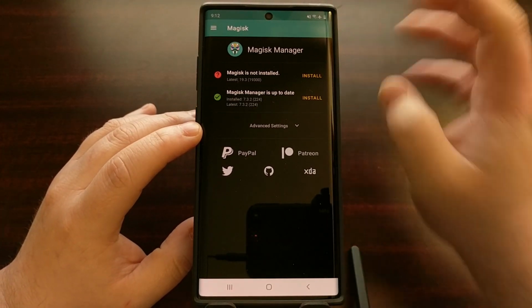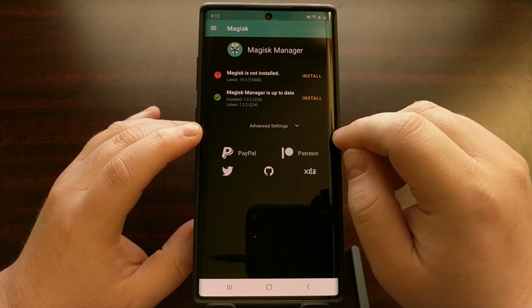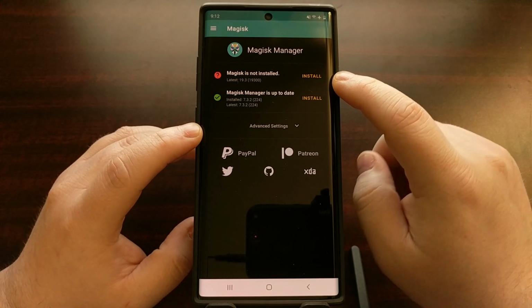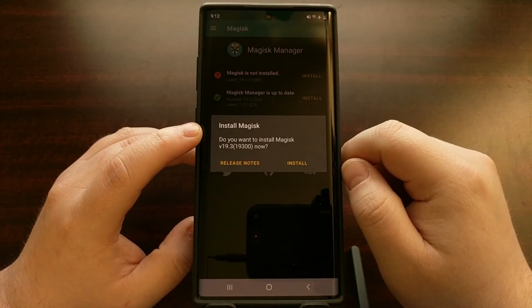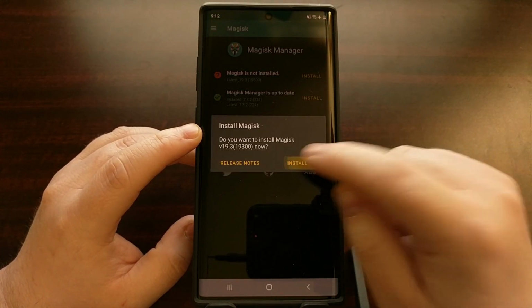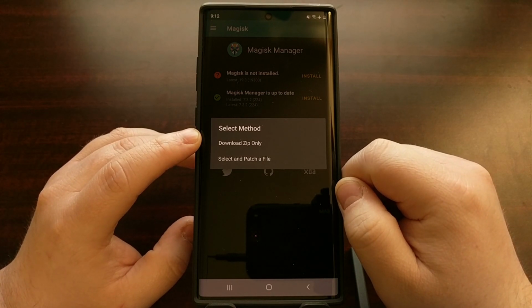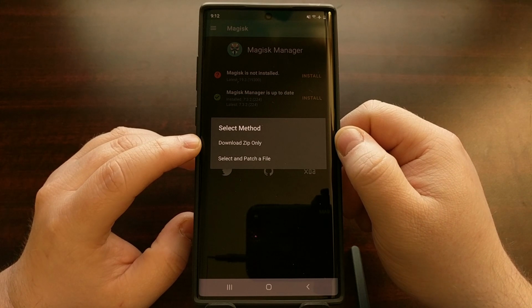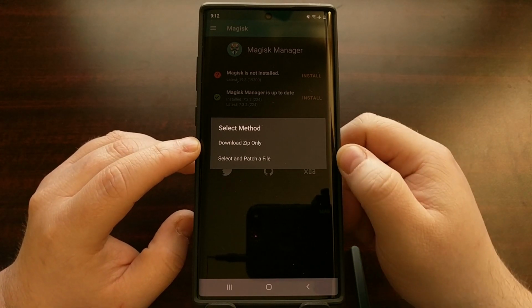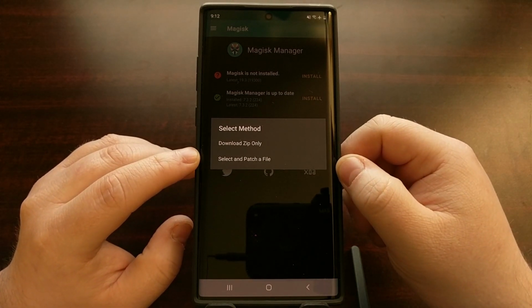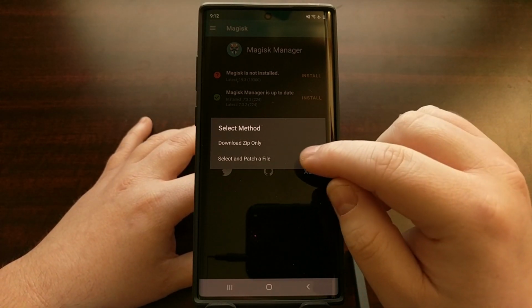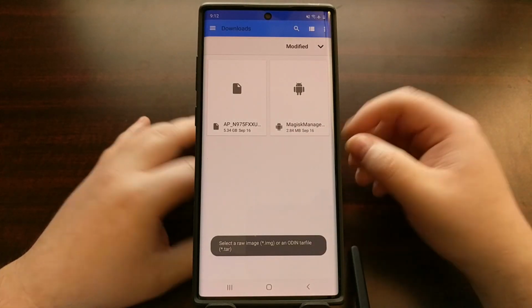So like I said, we're going to move that AP file from our computer to the smartphone. We're going to open up Magisk Manager, and then we're going to tap on the install button. We're going to tap on install again, and this is where we can choose to download the zip if we wanted to install this in TWRP, but we're just going to root for now. So we're just going to tap select and patch a file,